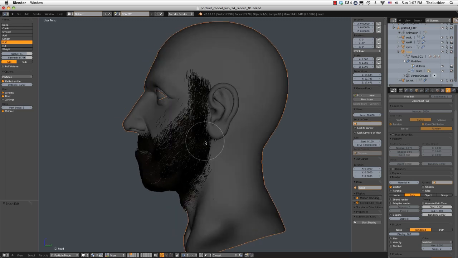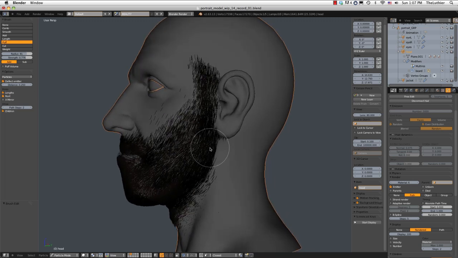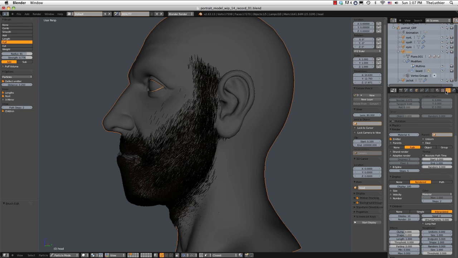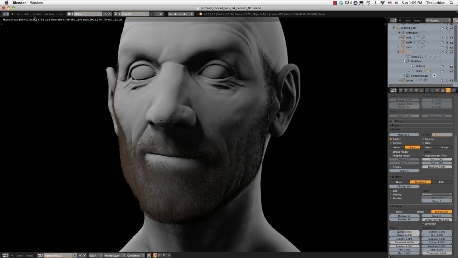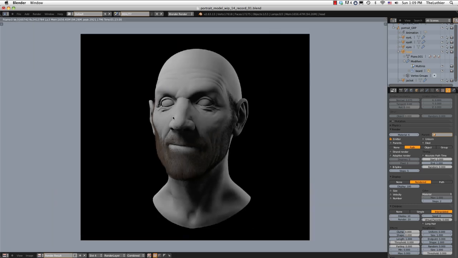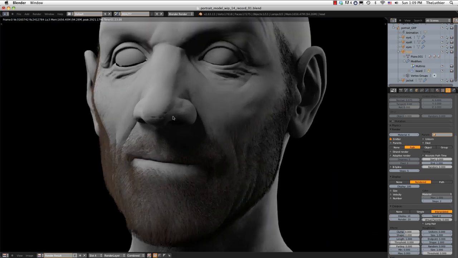Alright, so I think I'm done with the combing and the grooming of the hair. So I think I'm ready to start messing with some of these particle settings to get a little bit more randomness. But before I do that, let's just go ahead and see a render. So this isn't too bad. It's groomed a little too perfectly. So again, I want to add some randomness